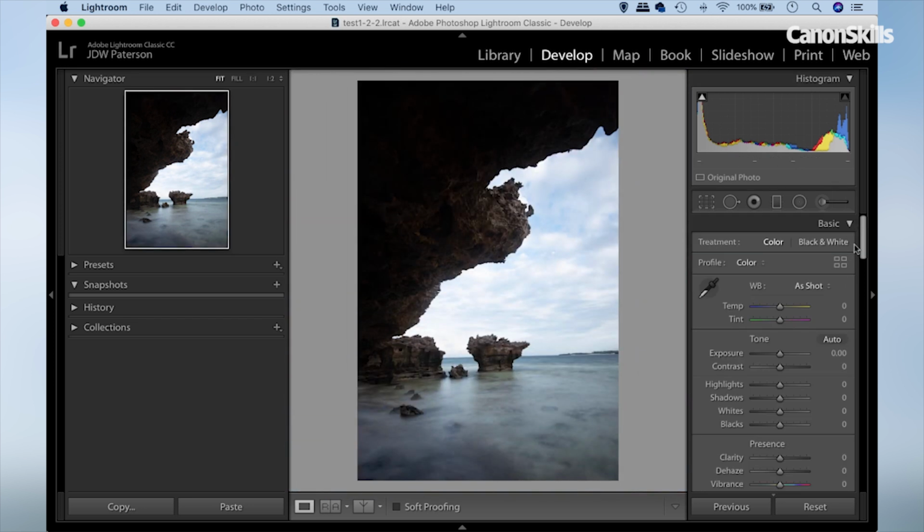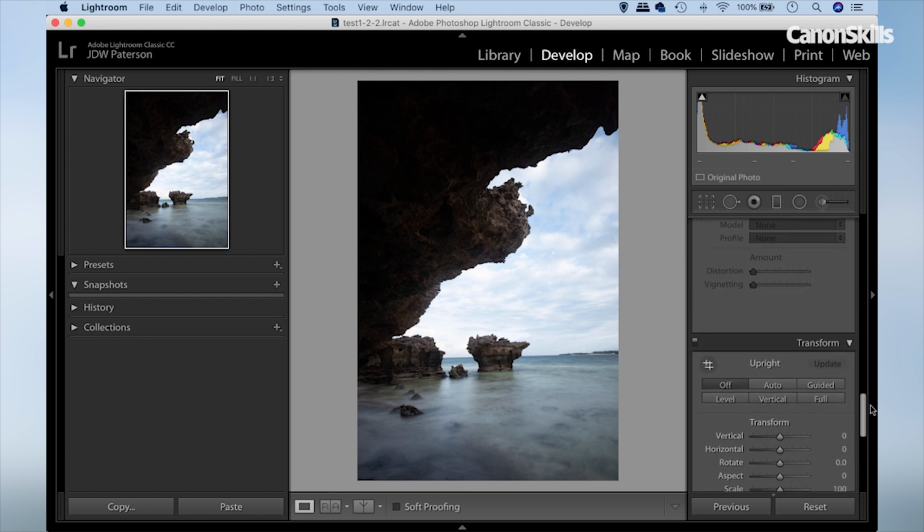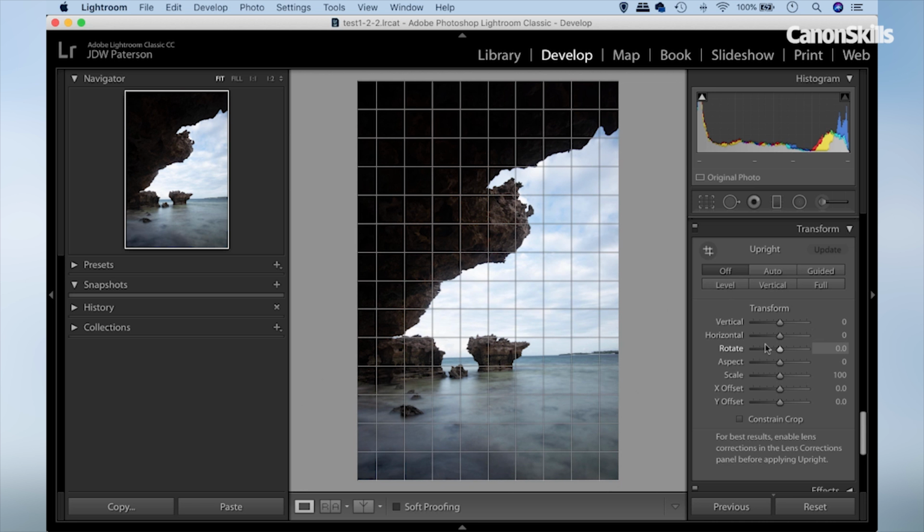Now this could potentially be a really easy fix if we go down to the transform panel here and then click on level. Then often that will fix the problem, but you can see with this particular image it's actually made it worse. If we toggle it off and on again, you can see we've actually increased that wonk. So instead I'll leave it off, and I could go and use the rotate options here to rotate my image,